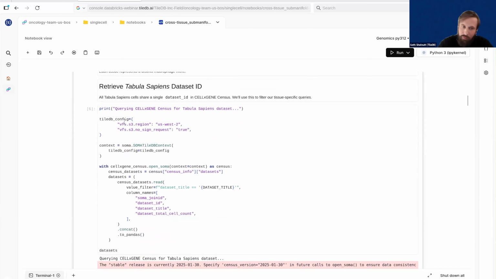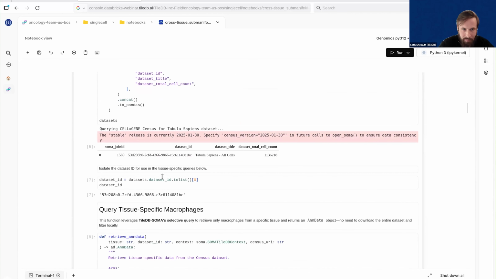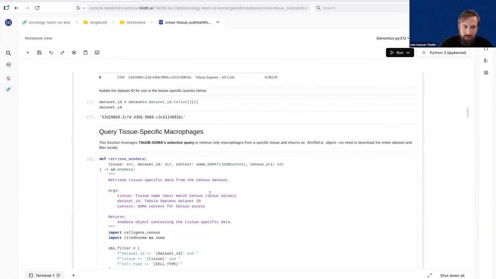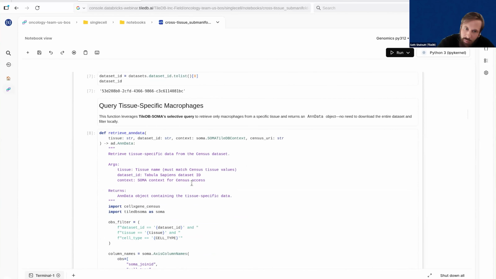Now, we've got a couple helper functions to start with. The first is just accessing the subset of the cell census data. So here I'm going to query the cell census using the cell census APIs for Soma and filter it down to the data sets that we were just talking about. When I get that back, we can see that I get a particular data set ID. This just identifies, in the whole cell census collection, which particular data sets I want to access as the subcomponents. Next, we have a couple helper functions to actually retrieve the TileDB Soma dataset as an AnnData